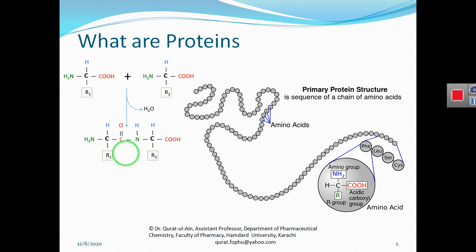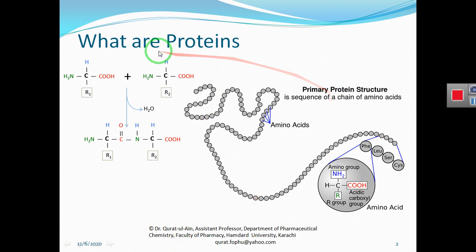What are amino acid and what are amino acid residue? Amino acid is a molecule that has a carbon atom attached to one carboxylate group, one amino group, one nitrogen, and one R group. However, amino acid residue is a nitrogenous molecule that we get after removal of a water molecule.